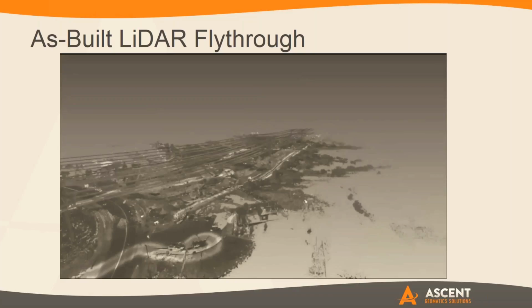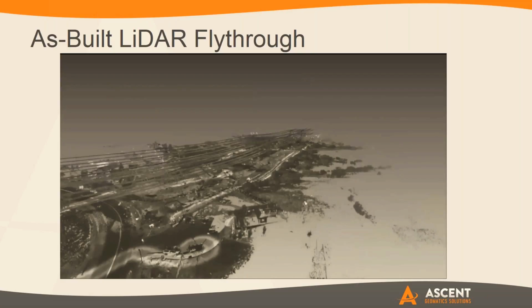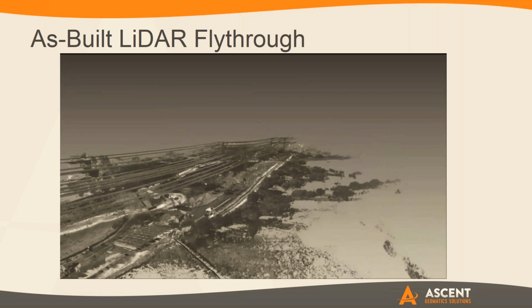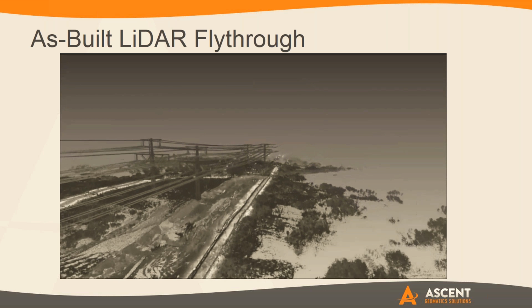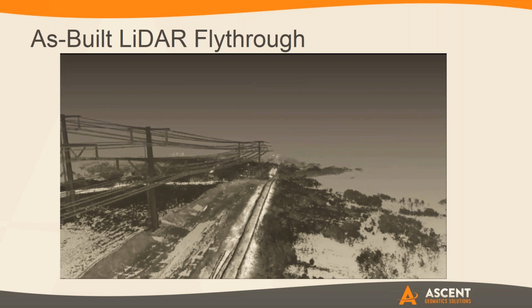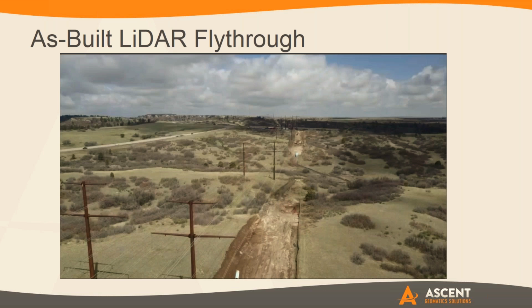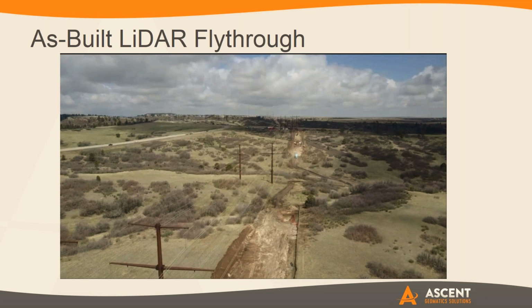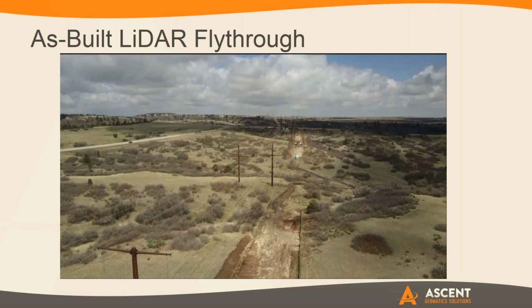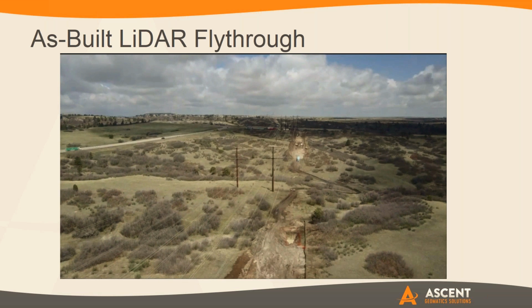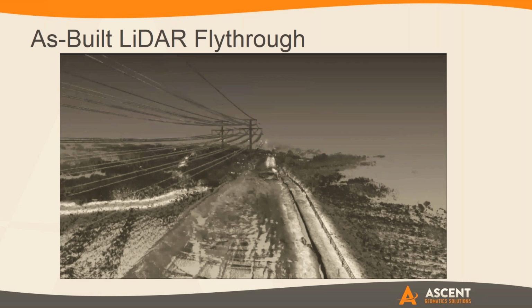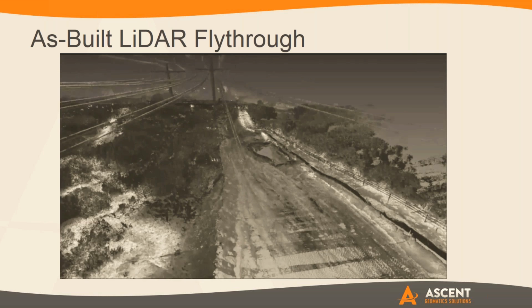So as we talk about corridor type of work, which is what we're looking at here, you actually were on this one, looking at things like sag lines and utilities. What are the benefits here of using mobile LiDAR? Yeah, so mobile LiDAR is great when it comes to existing corridors. In this case, it's an existing transmission corridor that we're helping put in and look at a water line.